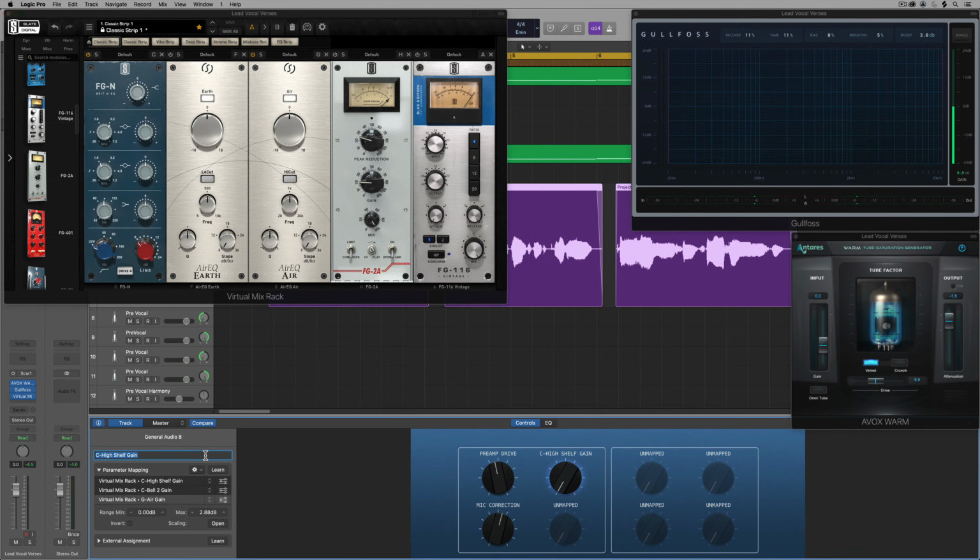So now I've got this presence boost. I'll just call this presence. And that controls all 3 of those parameters, and we'll add a bit of air and top-end boost to her